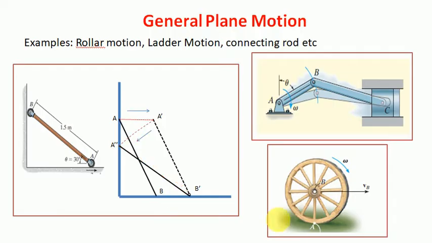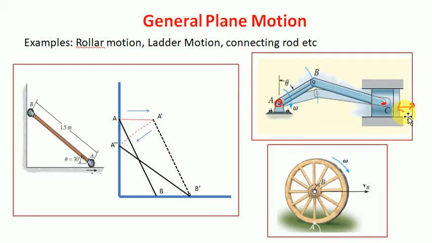Next is connecting rod, which I have already discussed in the first lecture. Now there is a piston which is C, there is a crank which is link AB, and there is one connecting rod which is BC. So this connecting rod will always be in general plane motion. How can we prove this? Now see, this crank AB is always rotating about this fixed center A. So it will always have pure rotation during motion. And this point C is a piston. So the piston will always have translatory motion in the horizontal direction.